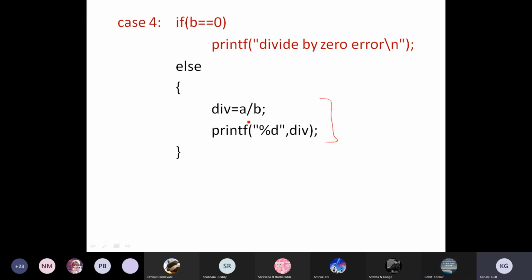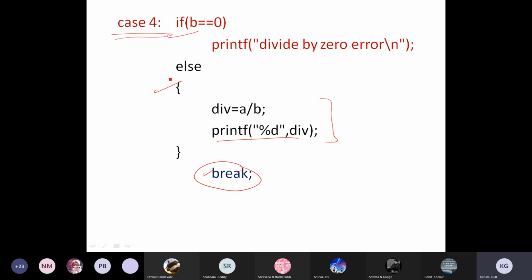Okay, so this is the division operation, and then it is printing that. After this, whether this if is executed or else is executed, what do I have to do? Break, ma'am. Correct, so I'll be using the break statement here. Doing any one of these two operations, it has to come out